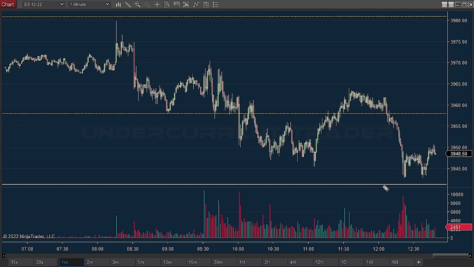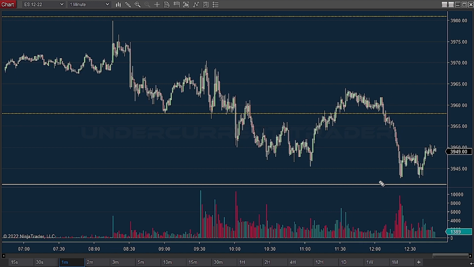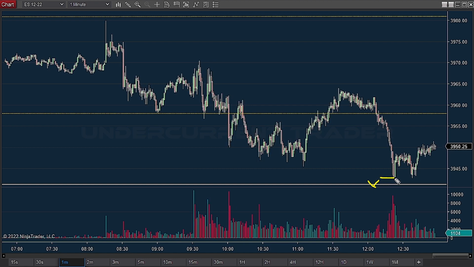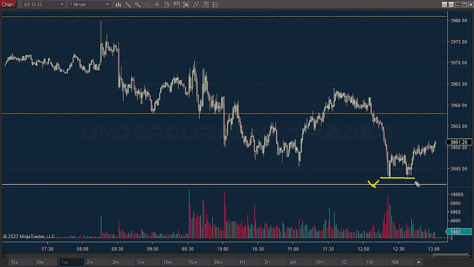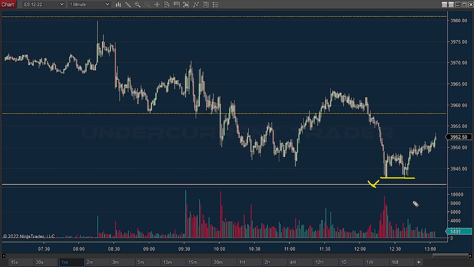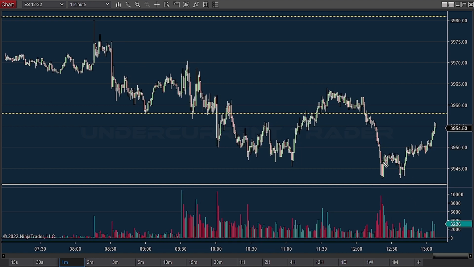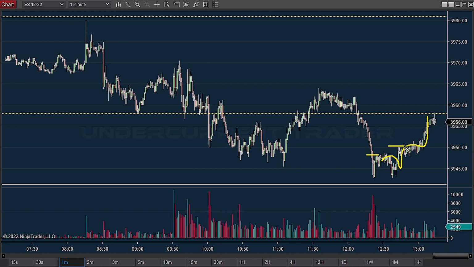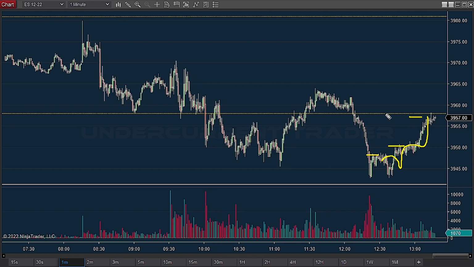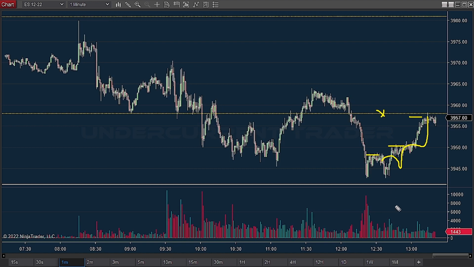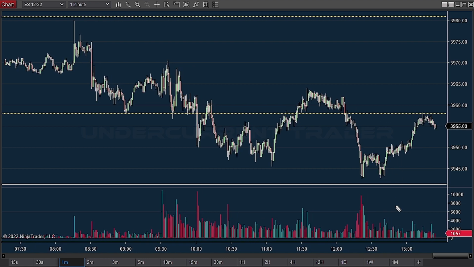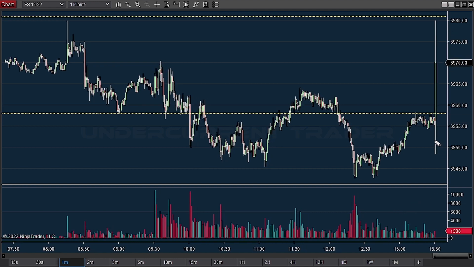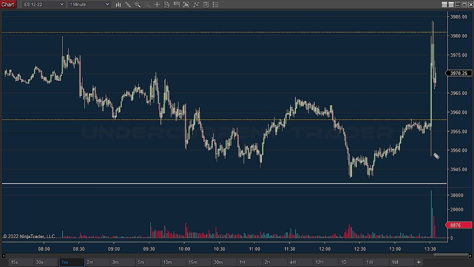As you can see in this 1 minute chart, after creating a base right above previous day's low via this double bottom formation, which, as you know, is a pattern that occurs at the end of a downtrend, the market reversed and started heading steadily higher, one consolidation phase at a time, and into this resistance area marked by this yellow dotted horizontal line. As soon as the Fed's news hit the wires, the market reacted with a 35-point spike. It then continued to surge